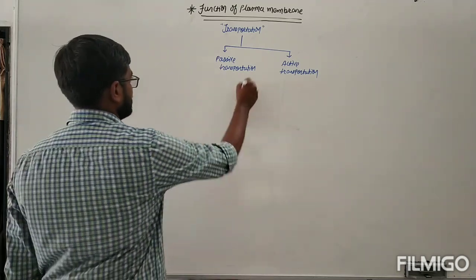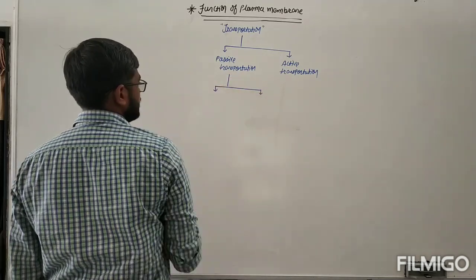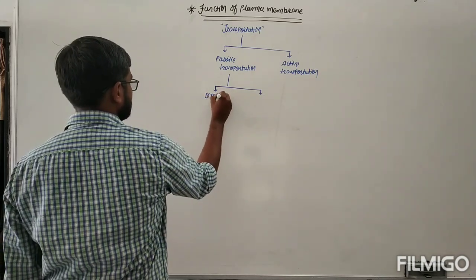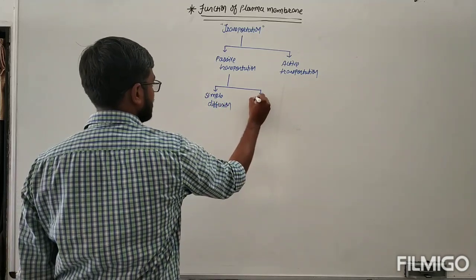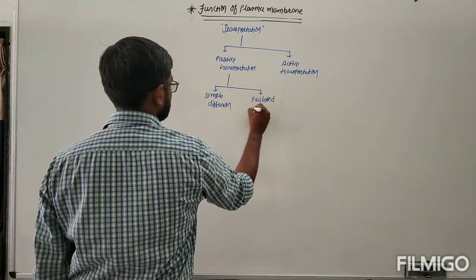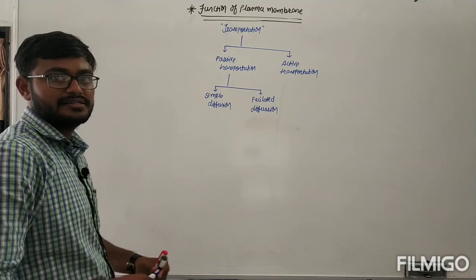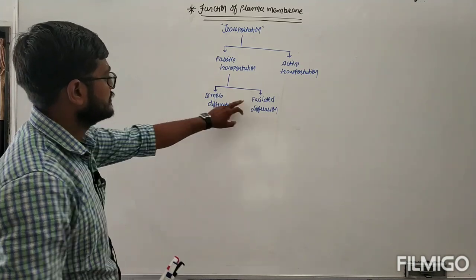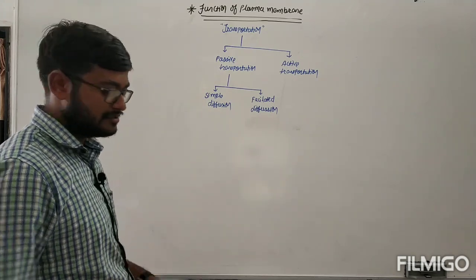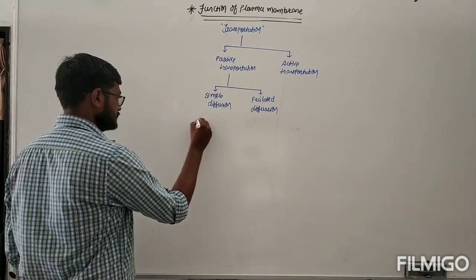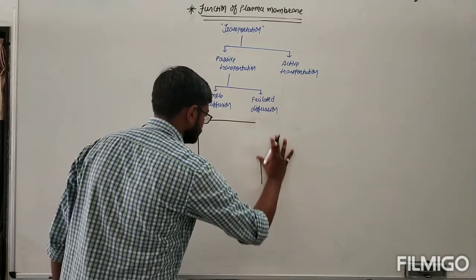In passive transportation, or passive movement of components, there are two different paths. The first one is termed simple diffusion, and the other is known as facilitated diffusion. This is the first, simple diffusion, and this is facilitated diffusion. Let's start learning with simple diffusion. How can we learn simple diffusion? Let's take an example. I have a glass box here.